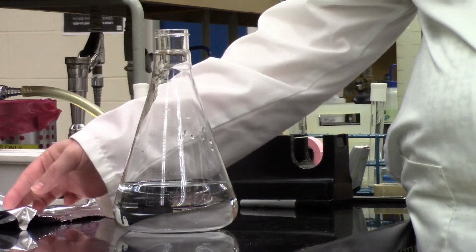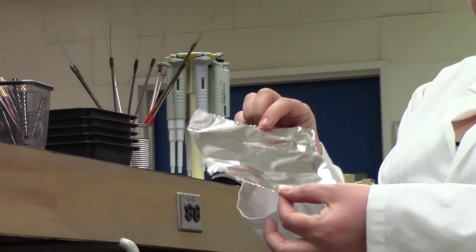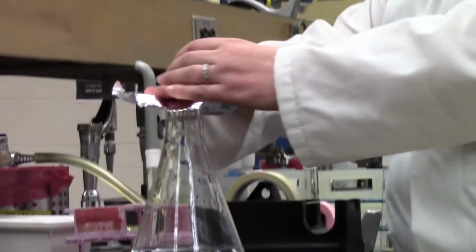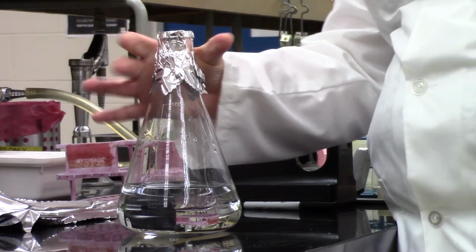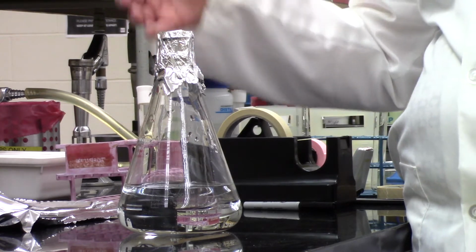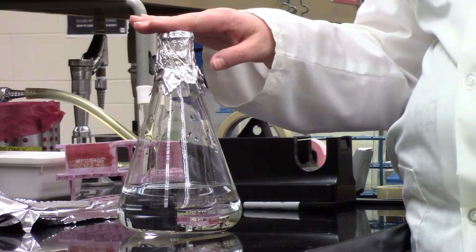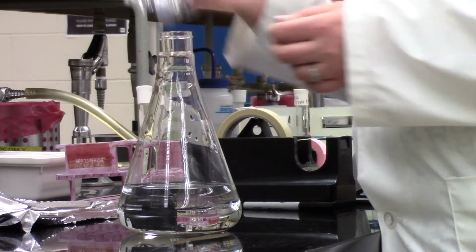One way we can do that is with a piece of aluminum foil. So I've already got mine cut down to a reasonable size. All you would do is set it on top and then squish it over, make sure that it feels nice and tight on there. And then this is ready and covered. The other option for covering your flask